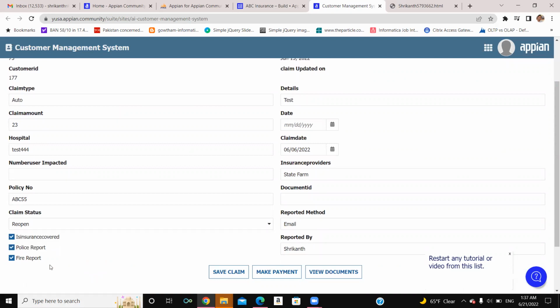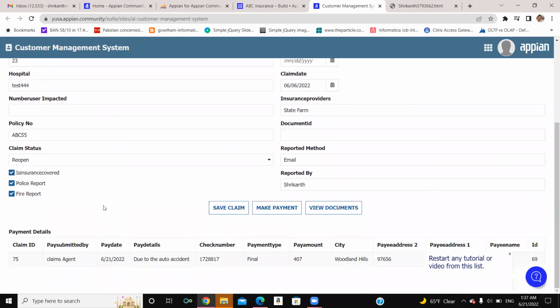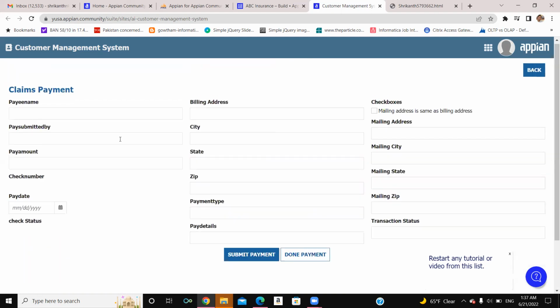Since there is a fire report associated to this claim, you should be able to make a fire related payment. So I'm going to select this. I'm going to make a payment now. And let's enter payee name, the amount, $121,256. Billing address is